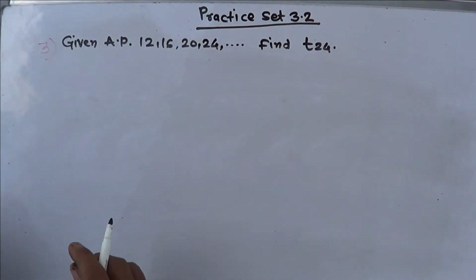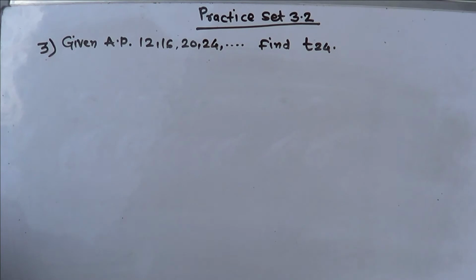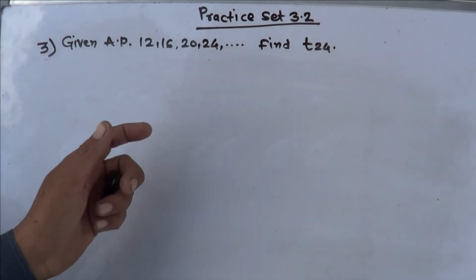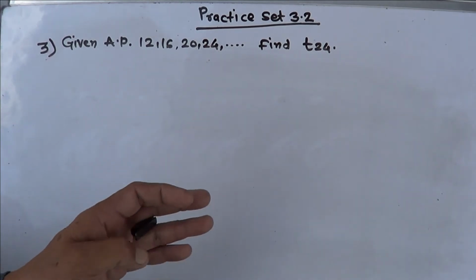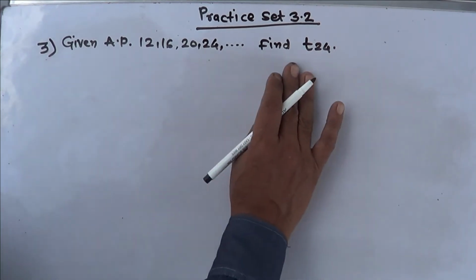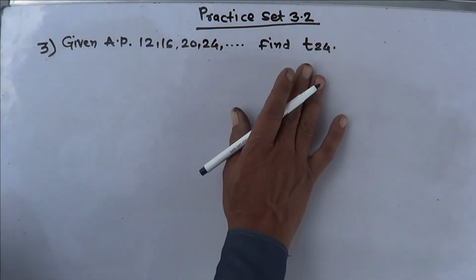Here in example number 3, we have given arithmetic progression, that is 12, 16, 20 and 24, and we have to find out 24th term of the given progression. आता जे उदाहरण दिलेलं आपल्याला हे ऑलरेडी अर्थमॅटिक प्रोग्रेशन मध्ये आहे आणि म्हणून आपल्याला दोन टर्म मधला जो डिफरन्स असतो तो आपल्याला AP दाखवण्यासाठी जो आपण घेतो तो घेण्याची गरज नाही, कारण आपल्याला दिलेलं जे एक्झाम्पल आहे ते अर्थमॅटिक प्रोग्रेशनचं आहे. त्यासाठी आपल्याला काय करायचं आहे, आपल्याला T24 इथं शोधायचं आहे.